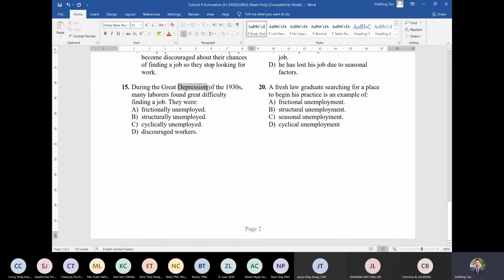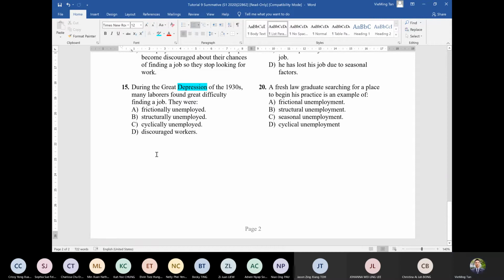Depression means a very high... this time is a trough time. This is the keyword, depression. Depression means when the economic condition is very bad, extremely bad. So if the economic condition is extremely bad, this will create unemployment, right? So what type of unemployment best describes the depression time? If the unemployment is due to depression, because the economic condition is not good, then this should be under what type of